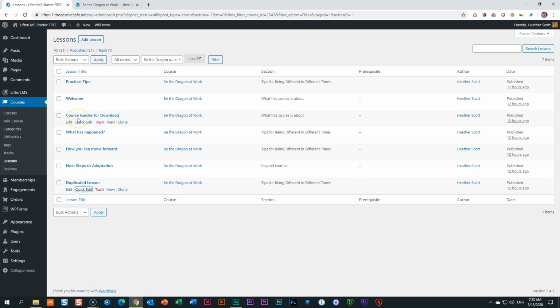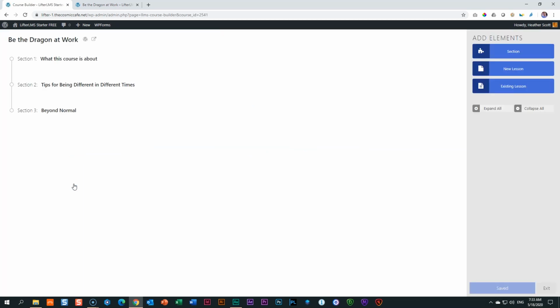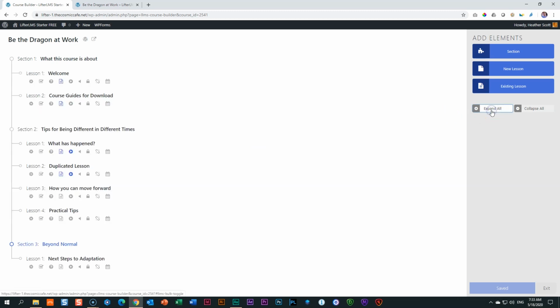On the other hand, you can also do that within the builder. And let's access the builder from a different area. Go to Courses, look for Be the Dragon at Work. And then over here, you see the option to enter the builder directly. Select Builder, and now we enter the builder directly. Expand all. Let's go to Duplicated Lesson. Click on